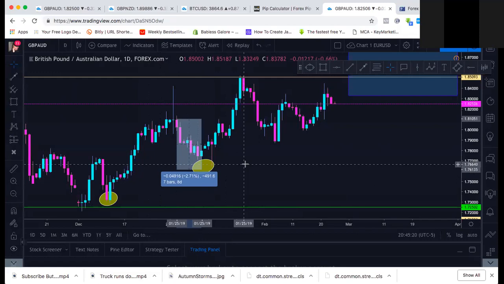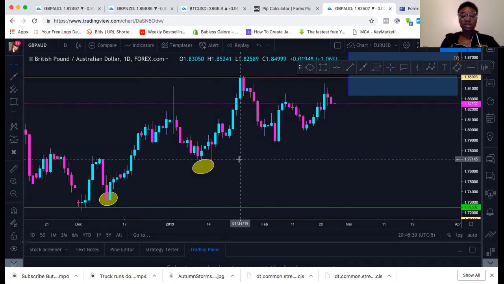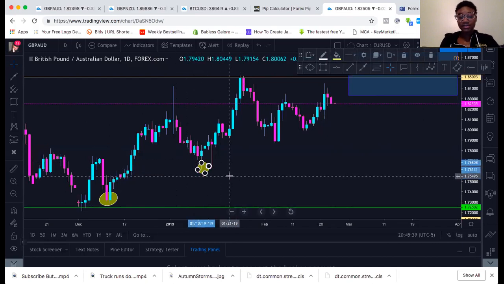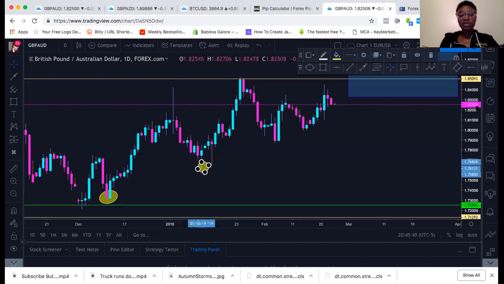So you would have been closed during the weekend, but you would still be in this trade. It wouldn't be moving. And then when the market opens Sunday at 5 p.m., you would have been accumulating your pips. Does that make sense? Yes. So that 8 days would have been almost like not a full 2 weeks, like a week and a half. And you would have got almost 500 pips in 8 trading days, which is already helping you